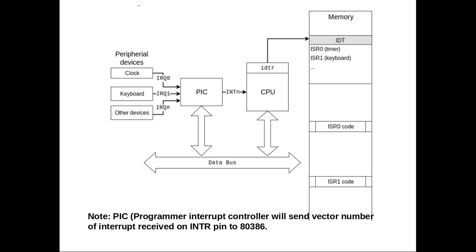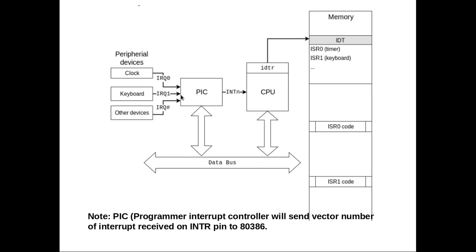So now, what we are going to discuss on this slide: after the explanation of this slide, you should understand how 80386 is recognizing the interrupts that are coming on the INTR pin. When this IRQ line becomes active, what will the PIC do? The PIC will convert that interrupt request into a vector number, and that vector number will be communicated to the microprocessor using the data bus. The PIC and the microprocessor are connected by the data bus.